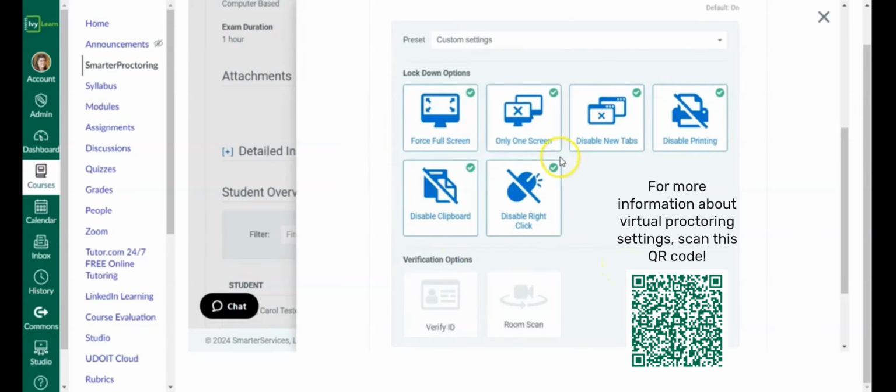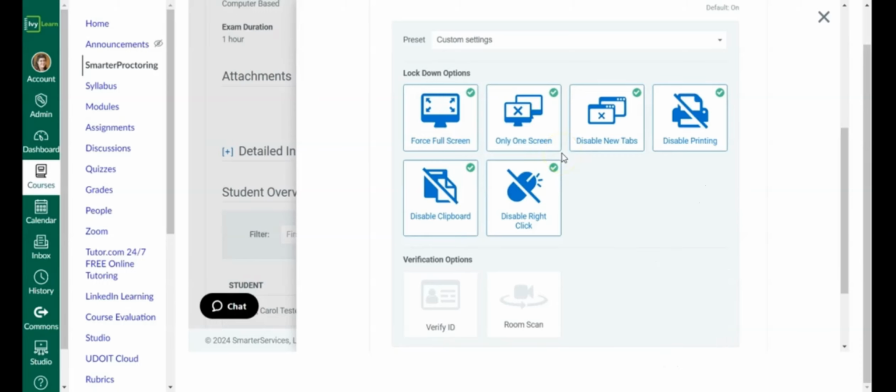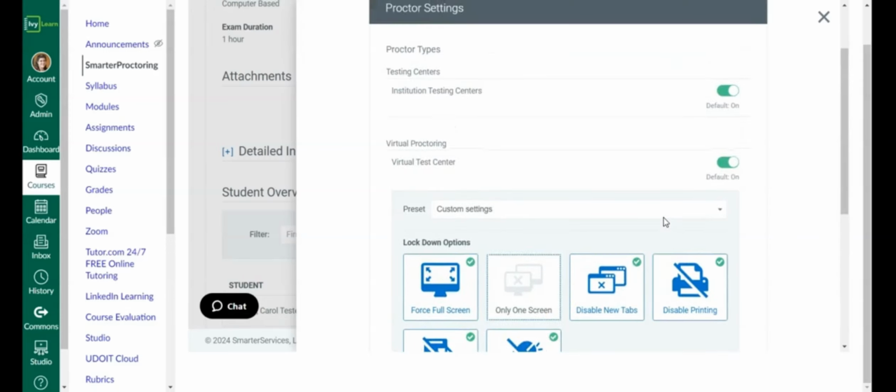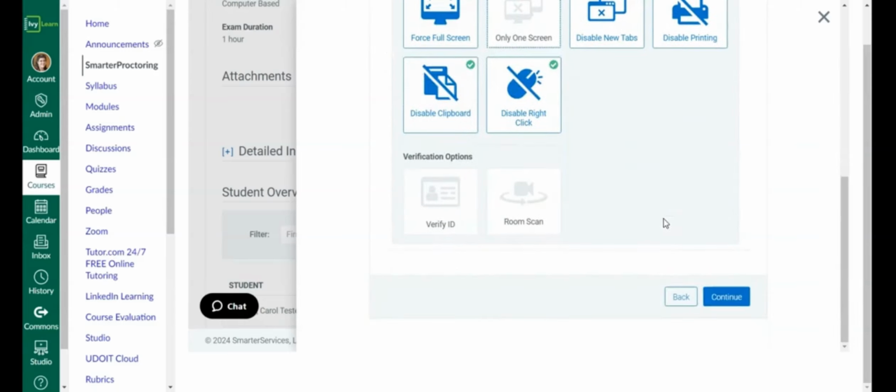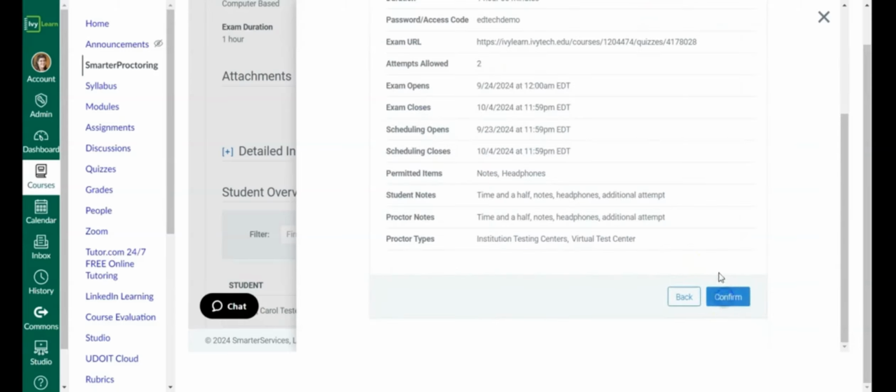So for example, if the standard setting is that they're only forced to use one screen, but the student has an accommodation to use an external monitor, then you can click on this to unselect it so that that student would be able to use the external monitor during their exam. Once you've done setting all of the proctor settings, make sure that the accommodations are made, you hit continue, and